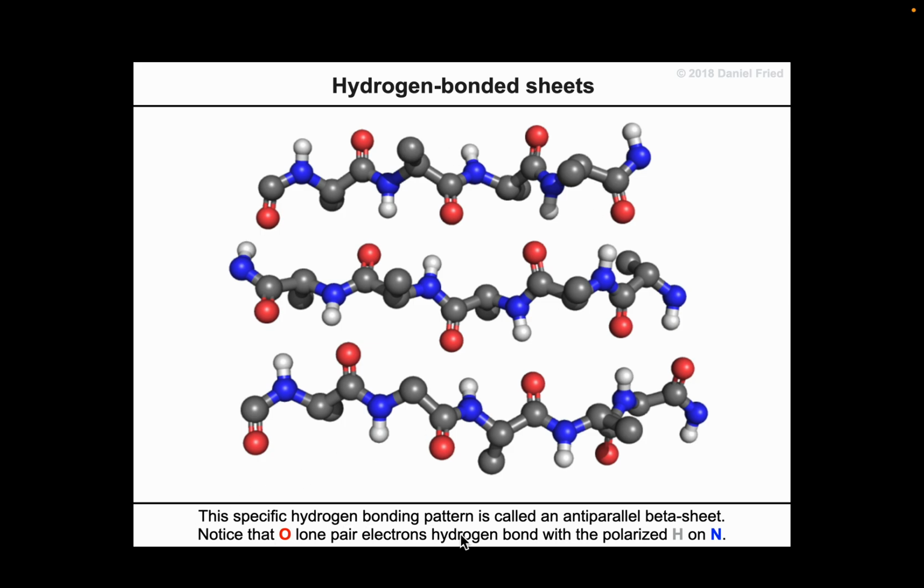And the special hydrogen bond is called antiparallel because the strands are sort of inverted, C to N, N to C, C to N in the terminal sequence. That only happens with the polarized H on N. So here are the